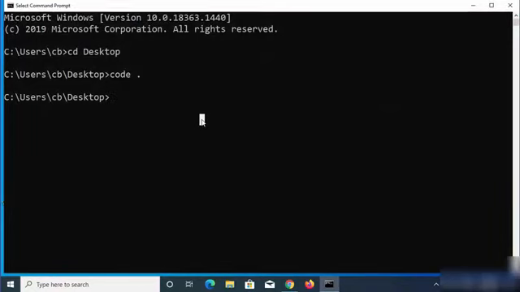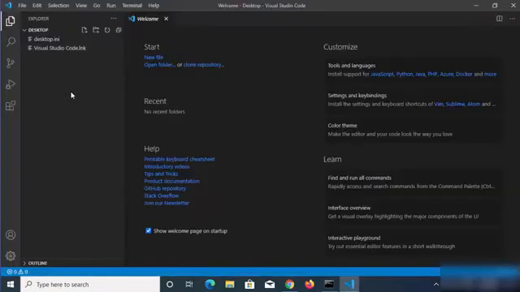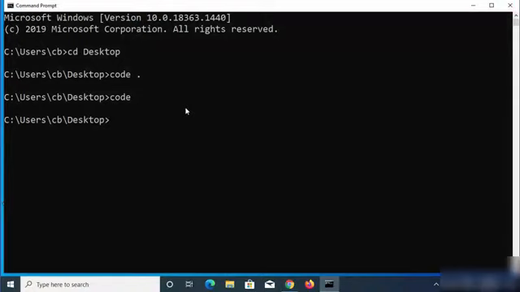If you just type code here, then it's going to open the folder which you were working on the last time when you closed your Visual Studio Code, right? So we opened last time this desktop folder. That's why when you just type code, then it's going to just open the last opened folder,